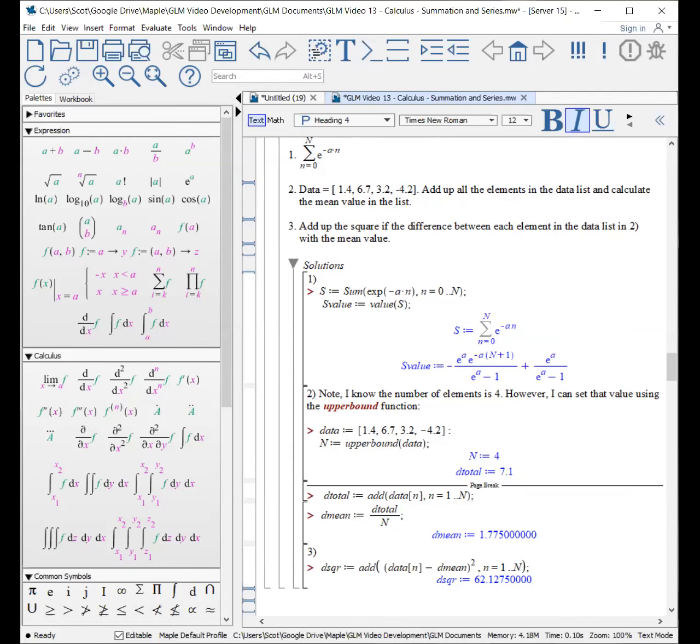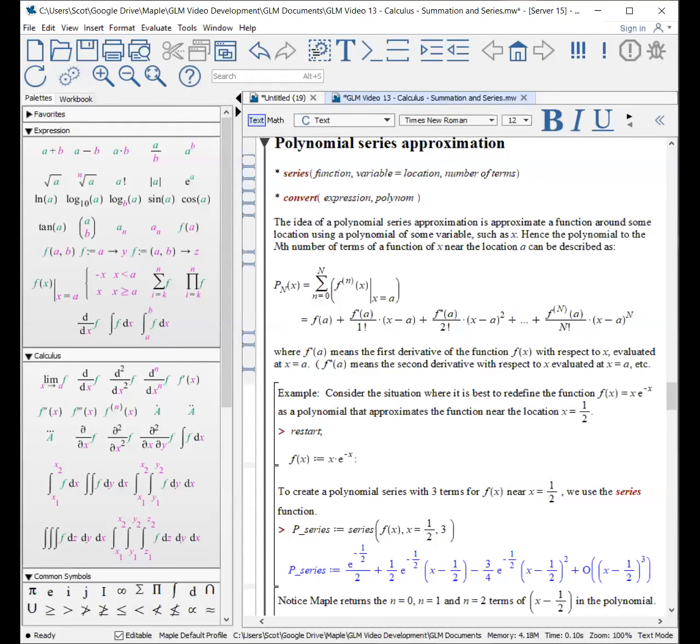Let's move on to something else. Okay, the next topic comes up quite a bit, and you'll see this a lot in statistical mechanics, quantum mechanics, even classical mechanics, and that's the polynomial series approximation, and getting used to generating series from the following functions of polynomials